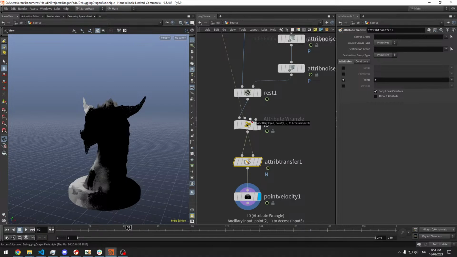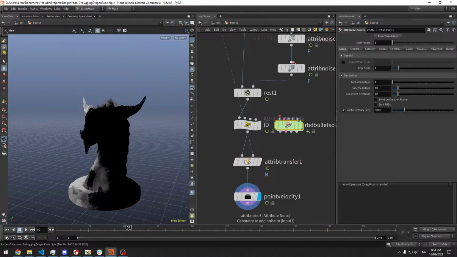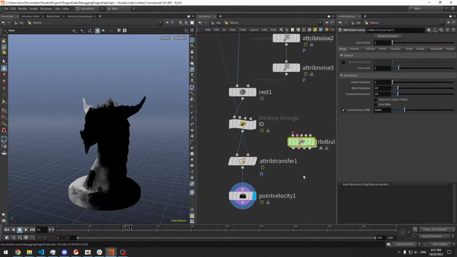What else? I believe you've got the bullet one as well, the RBD bullet solver. As you can see, it's going to bring out a lot of different things. It's going to bring out the proxy, the simulation points if we need it, and the geometry if we need it. It's actually going to do all that under the hood. If I unlock it,